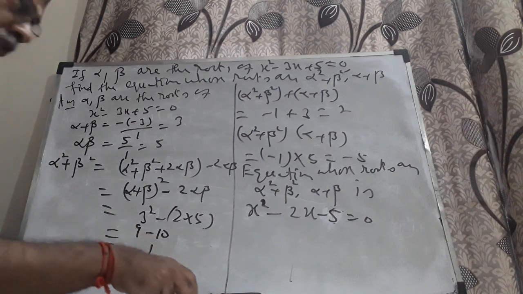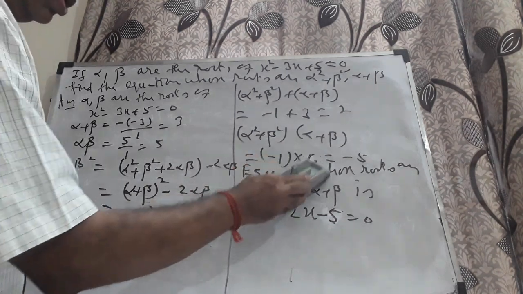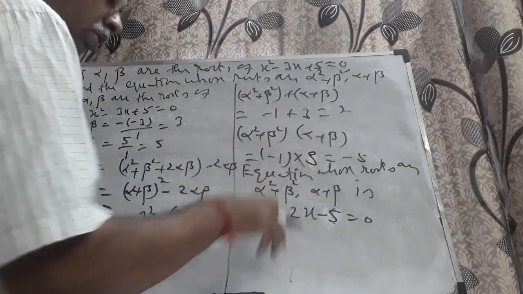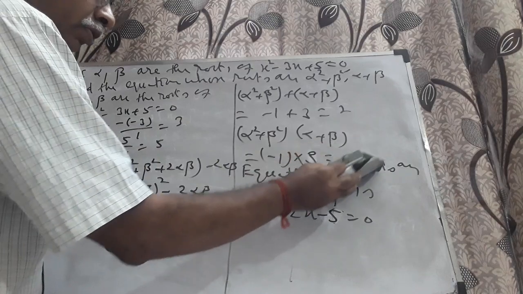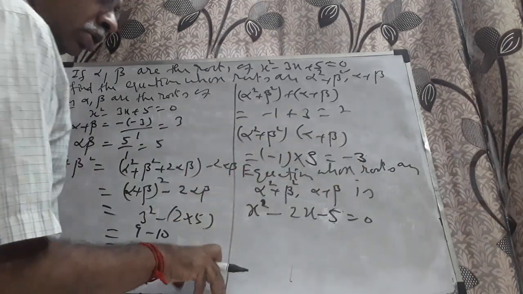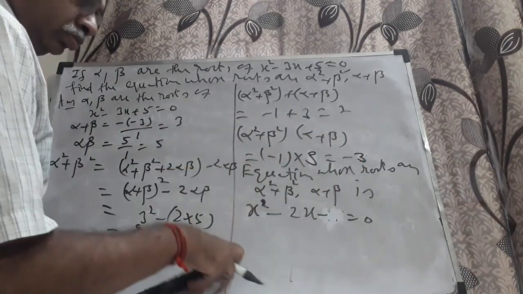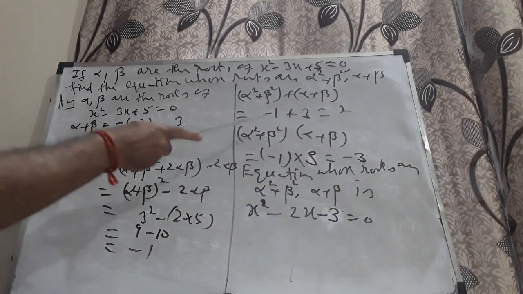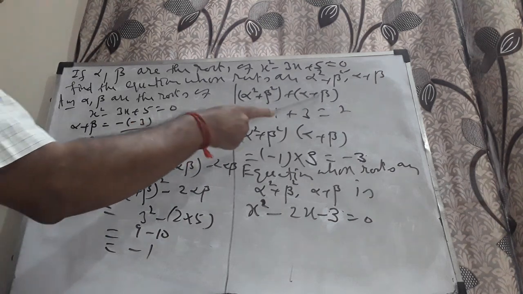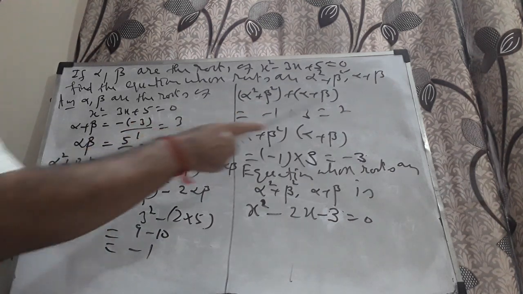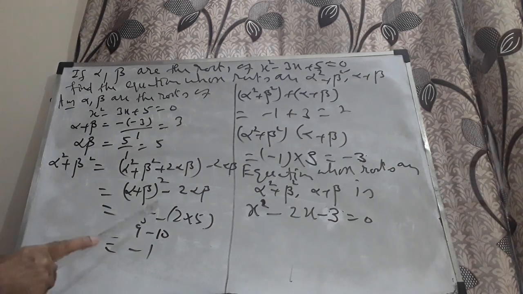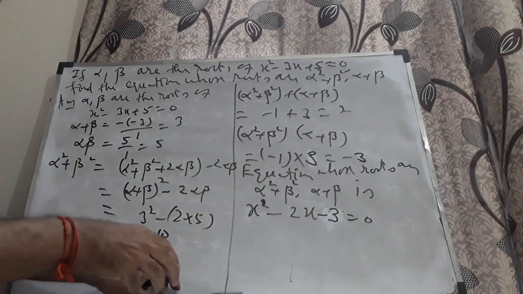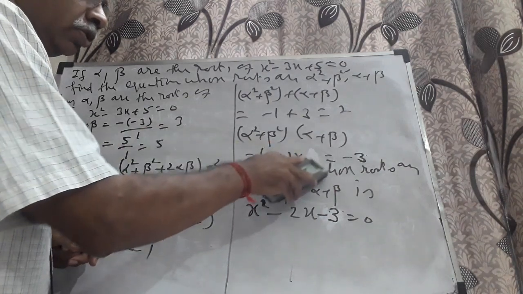I made a mistake, sorry. I substituted 5 here. I am extremely sorry. This is again 3. This is anyway 3. Okay, I tell you the correction, please. Addition of these two will be minus 1 plus 3, which is 2. Multiplication of these two will be minus 1 into 3. Instead of 3, I wrote 5 earlier. I'm sorry. Okay, see the correction.